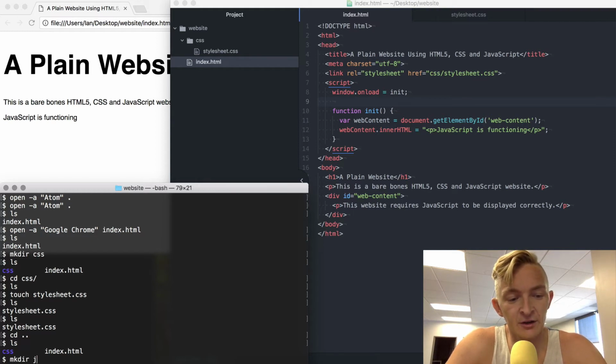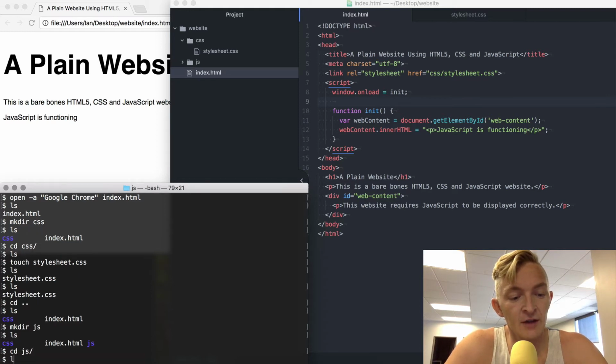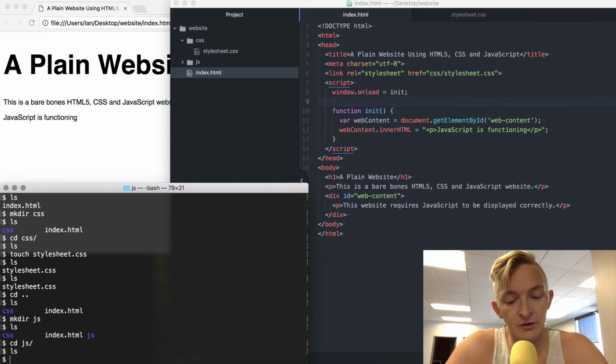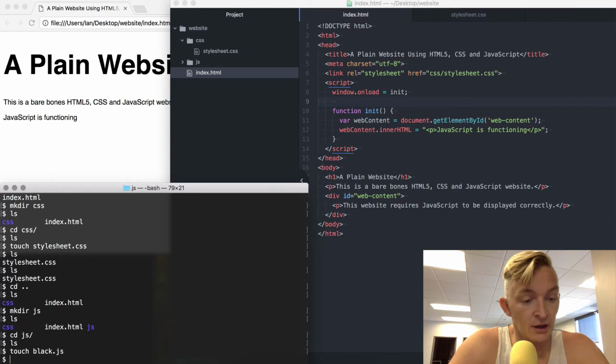So now we want to make a directory of JavaScript. If I list those out, you'll see it's there now. I want to change directory into JavaScript. And then if I list that, there's nothing in there. So I want to touch blank.js. And then if I open,